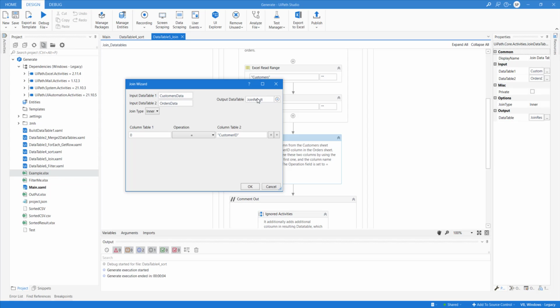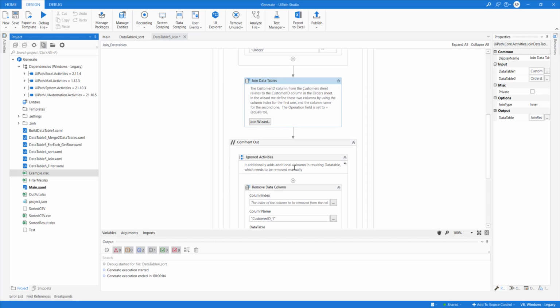Two data tables as input, one data table as output, based on the condition where join type is equal to inner. The column I am considering here from table 1 is a column index, and from table 2 it's a column name. I have shown this deliberately, because I wanted to explain that you can work with both index and column name, right?